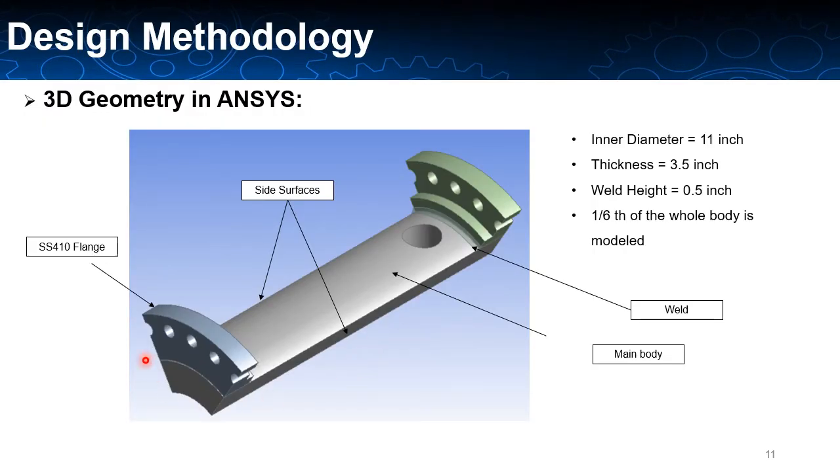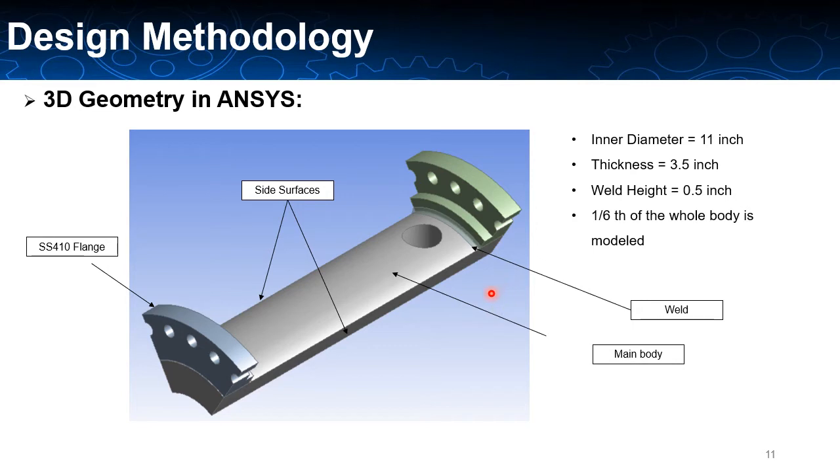So that's the geometry I'm going to use for my simulation, and it's only 1/6 of the whole combustor body. The whole combustor body, to design it and to mesh it, is going to take a lot of elements and a lot of nodes that my student license will not allow me to simulate. Also, it's going to take a lot of simulation computational time, so it's better to